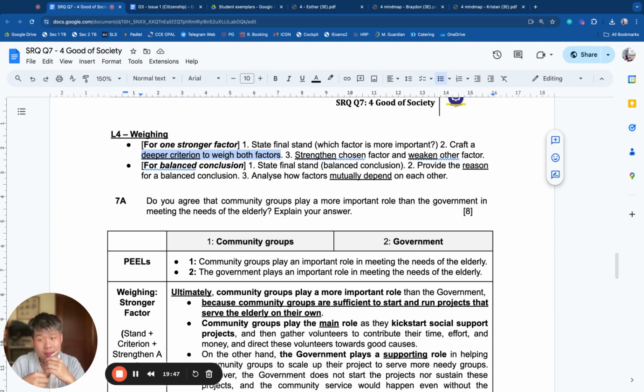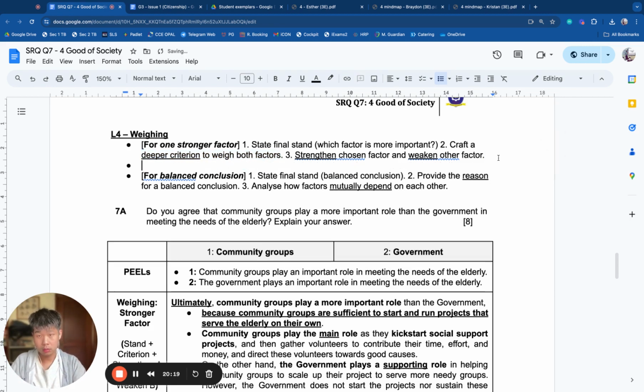It could be about the scale of impact, like whole society versus smaller group. It could be about time period, long term versus short term. It could be about necessity and sufficiency. Actually, one factor was enough to solve the problem. The other one is useful but not enough. Or one factor is the basis for the other factor. You will need examples to sort of flesh out these ideas, but let me just write out these ideas.